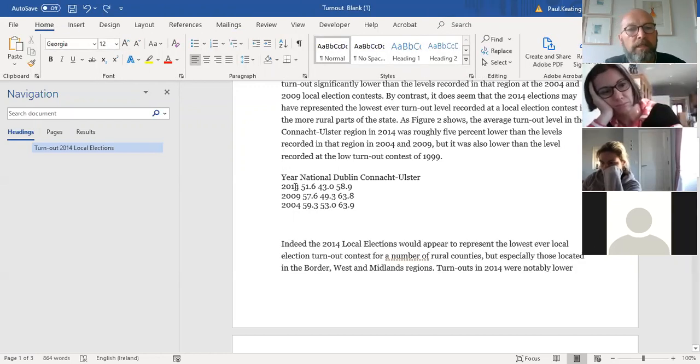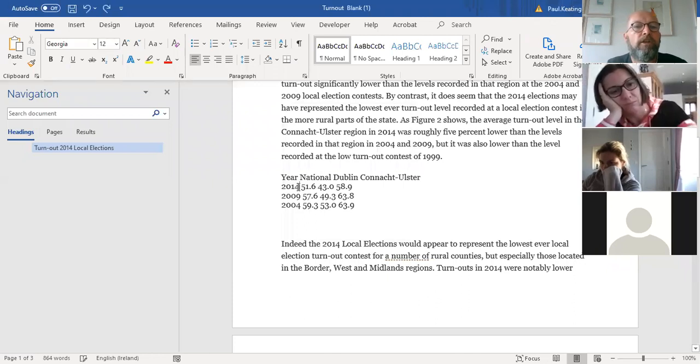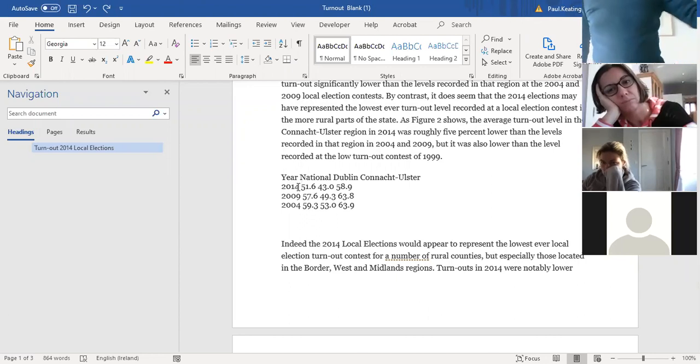The thing about this particular document is you already have your data here. Whoa. You already have your data. So